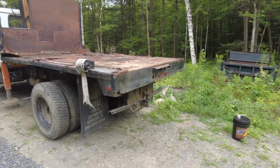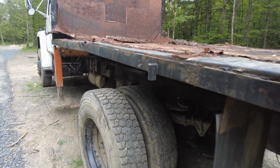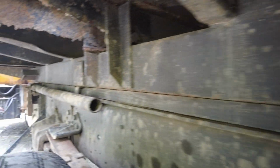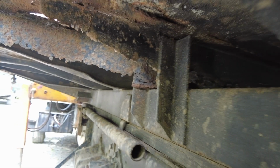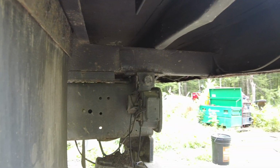The first step is to cut this old bed off. I'll be cutting it off at the rails. The only welds I can see on here are on this side and sometimes on the inside, but sometimes there's plates like this I could cut away, and this middle cross member is all rotted away. I'll be cutting all that off. So the plan is to leave the dump hoist and the main rails alone so that I don't have to move any of that stuff,